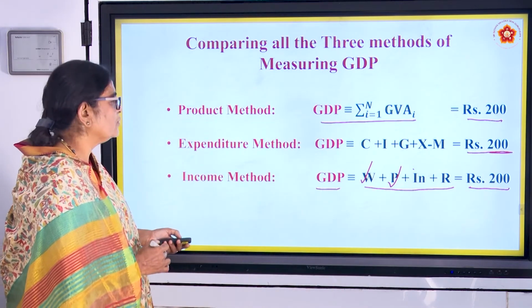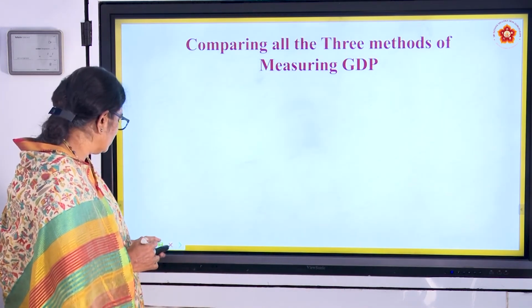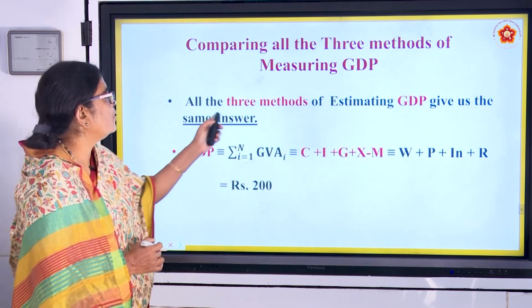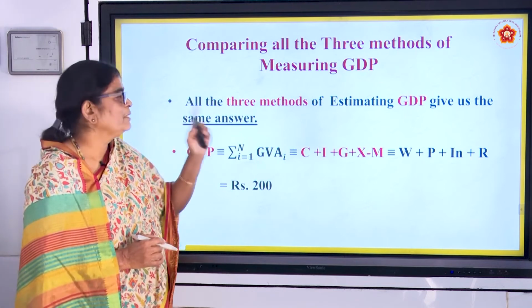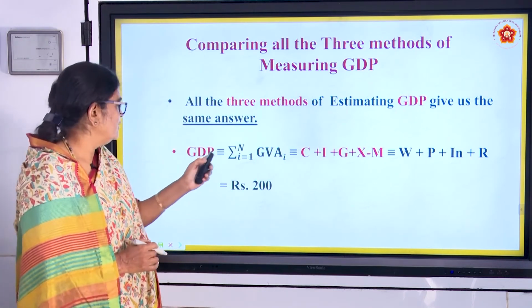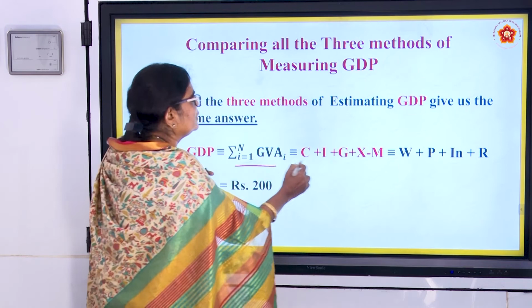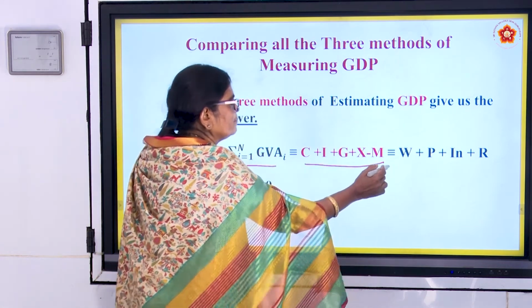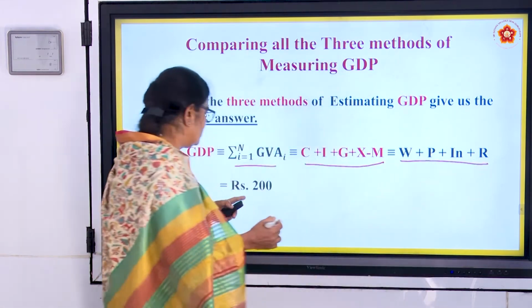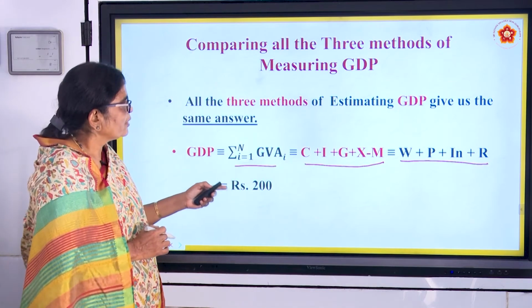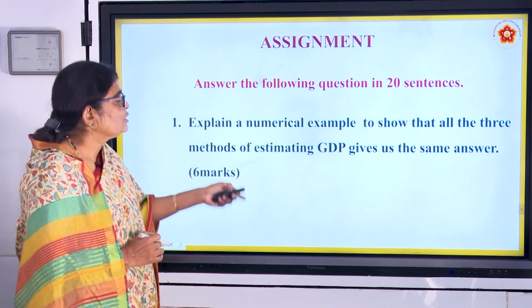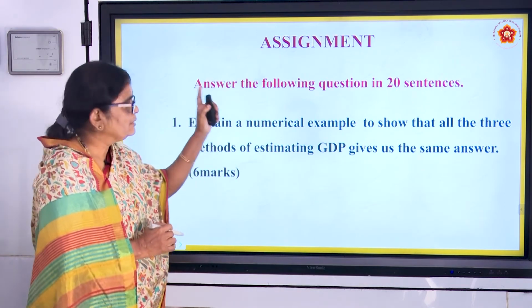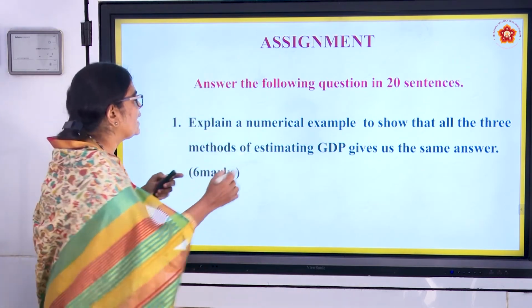Therefore, we can conclude that all the three methods of estimating GDP give us the same answer, whether value added method, expenditure method, or income method: rupees 200. This question is very important,